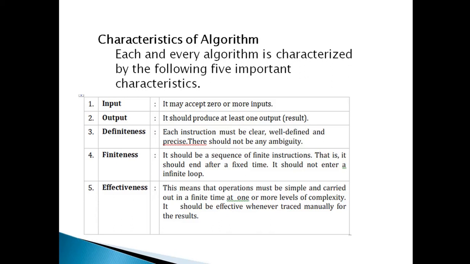That is called definiteness. No ambiguity is the same as clear, well defined, precise. And the fourth characteristic is